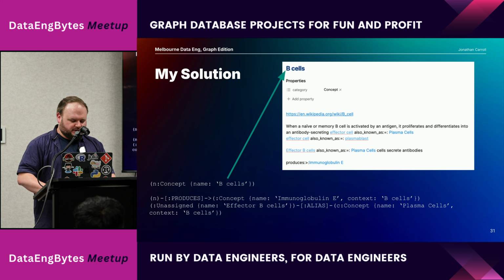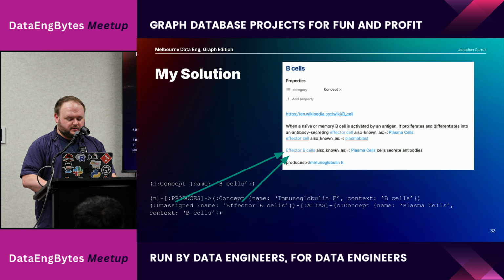So for a bit more complex example, if I had a category of concept, this would create a concept node with a name. I can link things to this concept, and I could also do it with two nodes. So if I had something else that is known as this thing, none of these are the actual name of this. This, known as that, would have the context of this node. So all of this seems to be possible, and I think has all the pieces I want, and so far with my notes, it seems to be working pretty well. I will have something up on GitHub at some point.